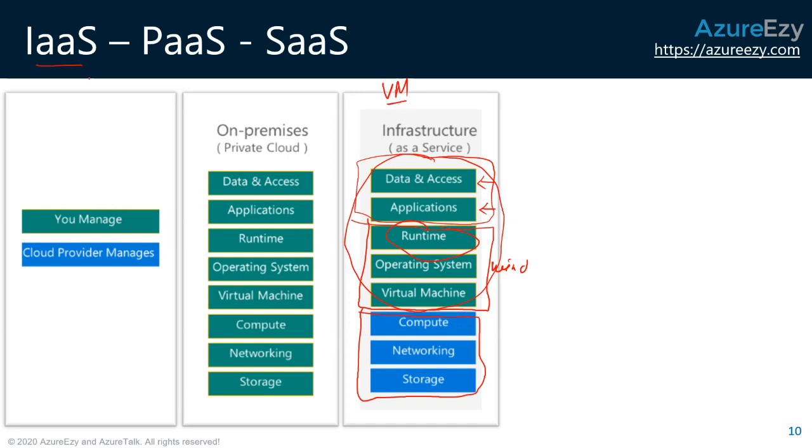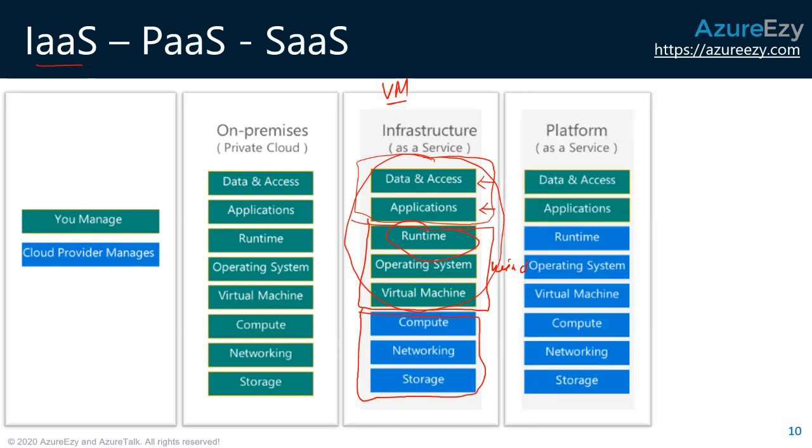So when you start using a service, you will be getting a category where you will say that, okay, this is an IaaS service, or this is a PaaS service. Now, what exactly is a PaaS service? In case of a PaaS service, the cloud provider goes a little bit ahead, and they say that you don't have to worry about the virtual machine, you don't have to worry about the operating system, and you don't have to worry about the runtime.